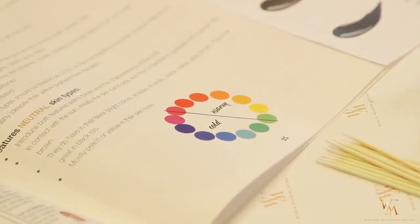I want to start to talk about the undertones as well. We do have cool undertones, warm undertones, and neutral undertones. And we're going to have an exercise a little bit later that is going to help you understand the difference between the tones. So basically, cool undertones are characterized by